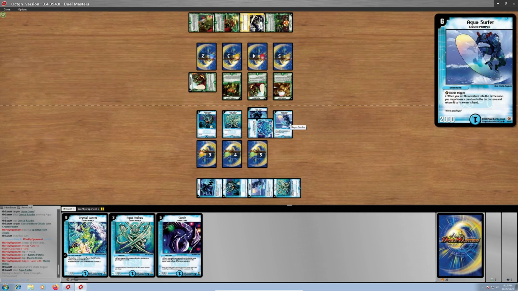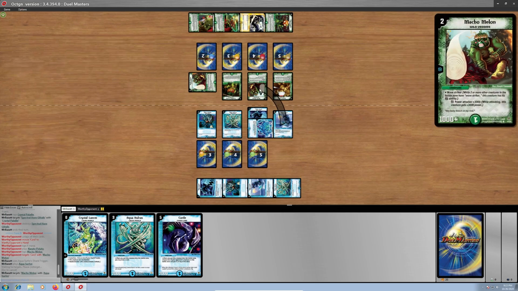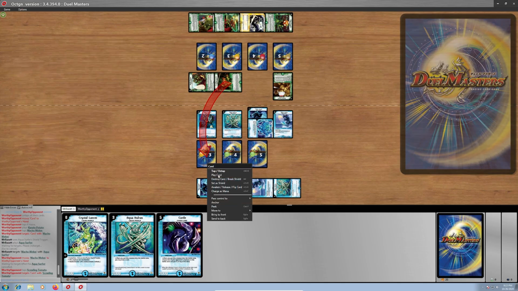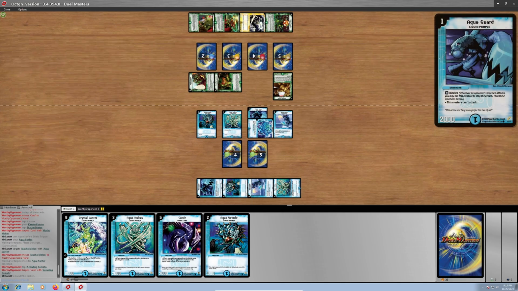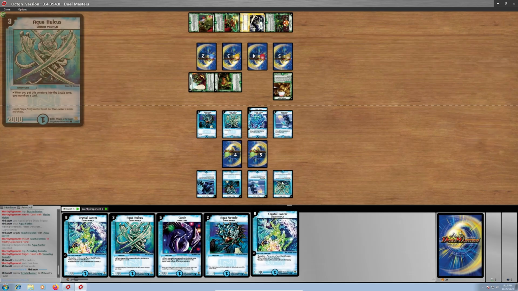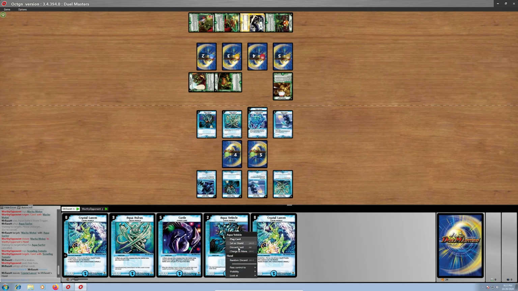Of course, when Aqua Surfer is put into the battle zone, you may choose a creature and return it to its owner's hand. Let's say that we want to return this Macho Melon, and our opponent will kindly put it into their hand, and now their tomato is breaking another one of our shields, so let's put that into our hand as well. The opponent ending their turn, all of our cards untap, we draw a card, and I guess